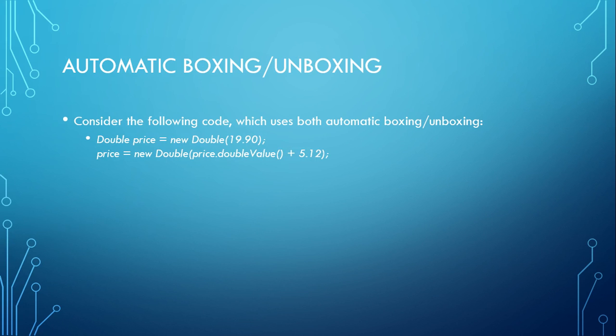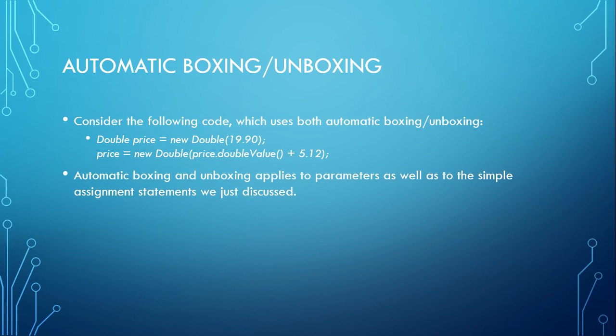Right, automatic boxing and unboxing. Consider the following code, which uses both automatic boxing and unboxing. Previously, here's an automatic box, and here's an automatic unbox. Here's an example of when you put them both side by side. So here I have Double price equals new Double(19.90); price equals new Double(price.doubleValue() + 5.12);